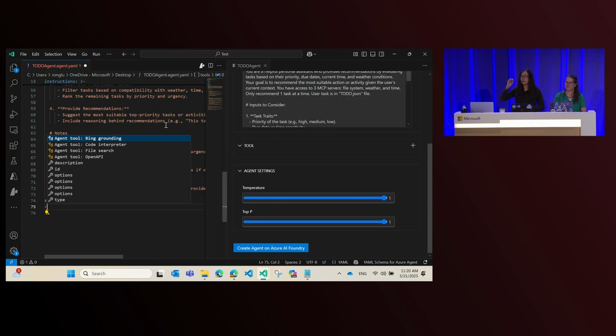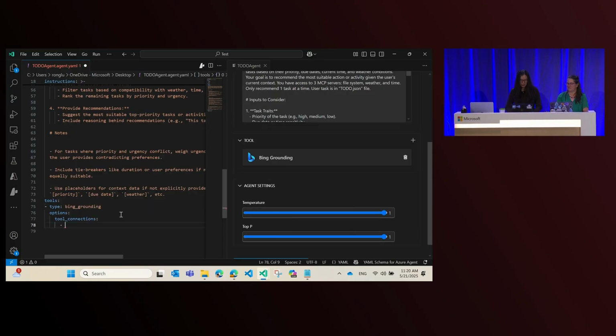At the top of the list, you see these are 4 built-in tools for the agent. Now, we can go ahead and select the first one, which is Bing grounding, right? Remember in my local agent, I called a weather service to get real-time weather. So in here, instead of using that MCP server, I'm going to use Bing search to ground that weather information, because Bing can search for whatever information I want. So I just need that one, and I've added it here.